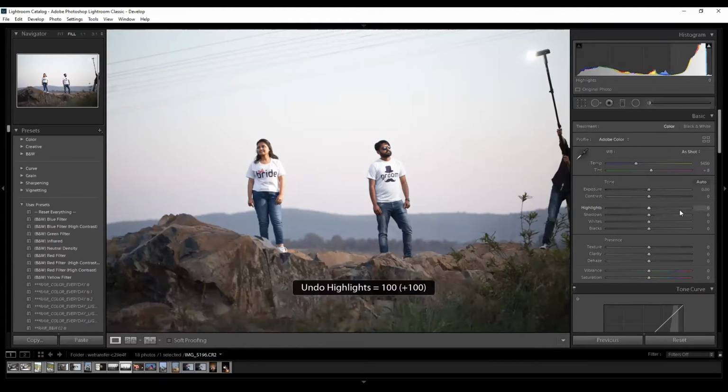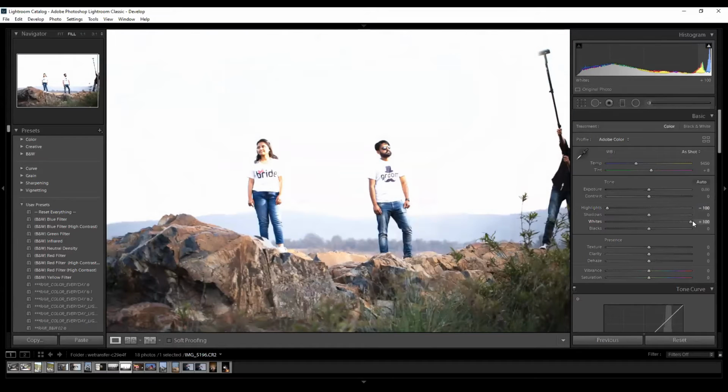So basically, when we are playing with highlights and whites, we try to neutralize the whites and then increase the highlights according to our choice. Or if we neutralize the whites and highlights and we try to increase the whites, you will see again the same problem happens.